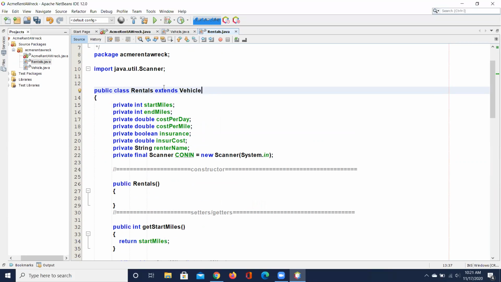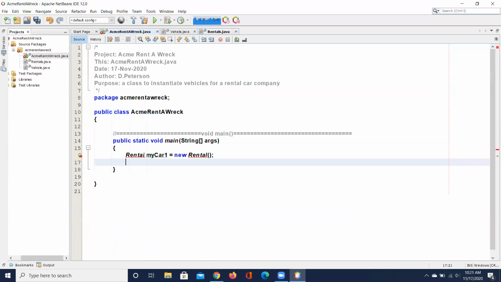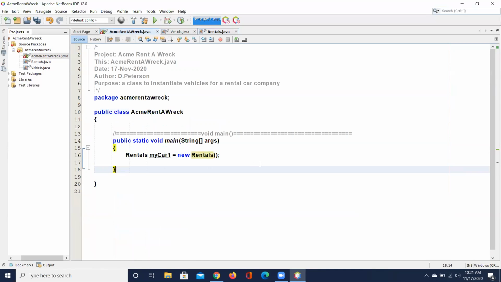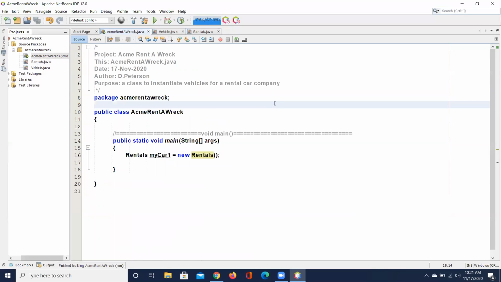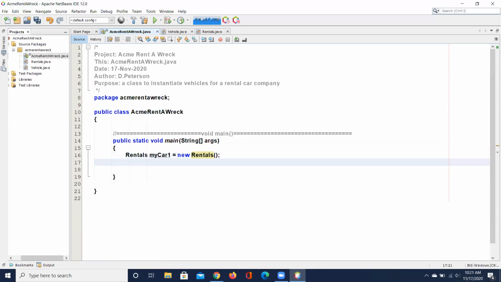Excuse me. Bless you. We need to extend vehicle over here so that we can see those. Okay. Now, oh, it's rentals. That'll help. And voila, should be able to run it. No mistakes. Okay. So now what's kind of cool here is I can do my car one